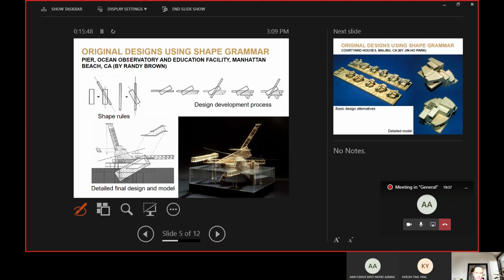The name of the project is Ocean Observatory and Education Facility, Manhattan Beach. So if you look at the rules, basically there are only two rules. Okay, two shape rules, and they are quite simple. Probably something like you have done in the exercises before. So the first one, basically, you have like